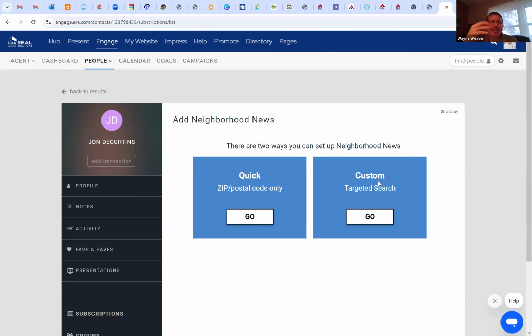And last I knew, I think he's got about 100 folks on neighborhood news, and his open rate is in the 70% range. So 70% of his, you send out 100 emails, over 70 people are actually opening it up. Oh, that's right. John's a